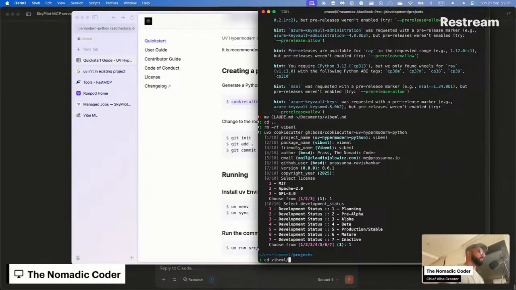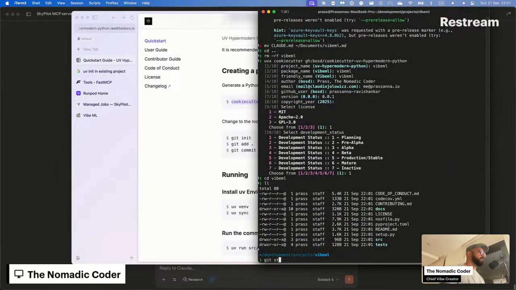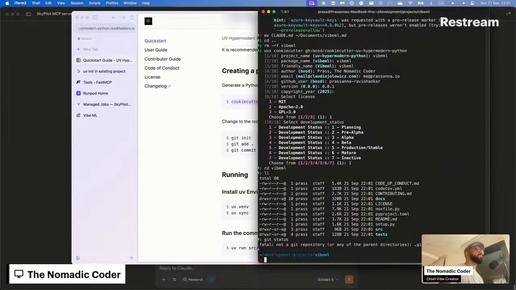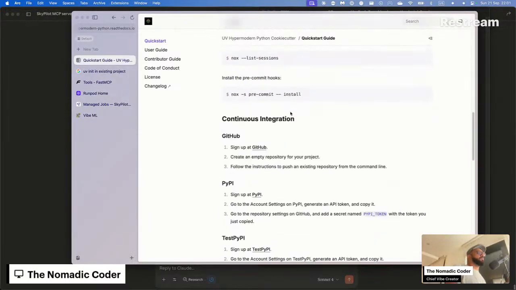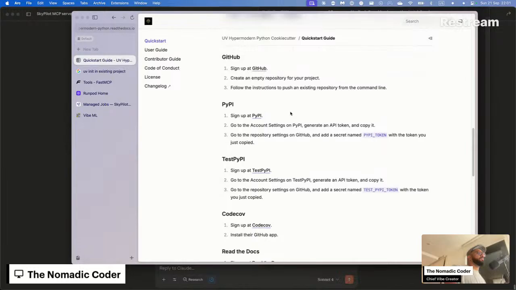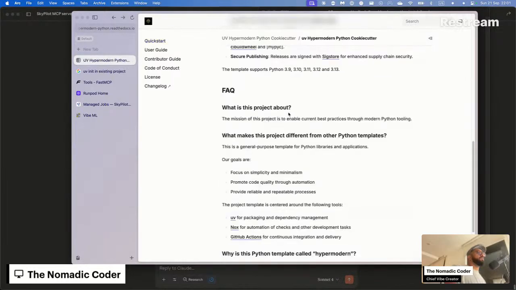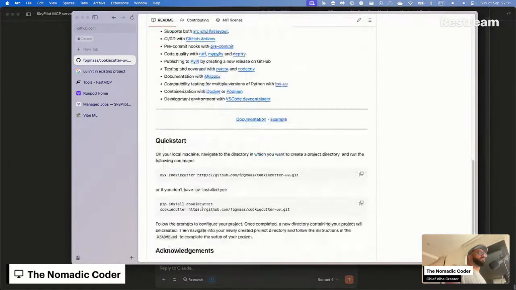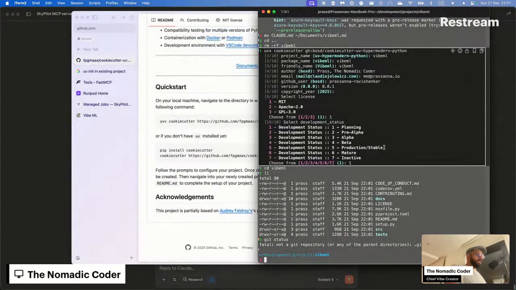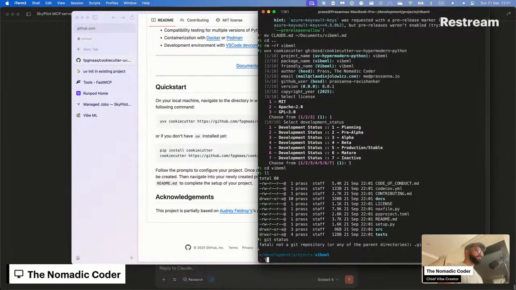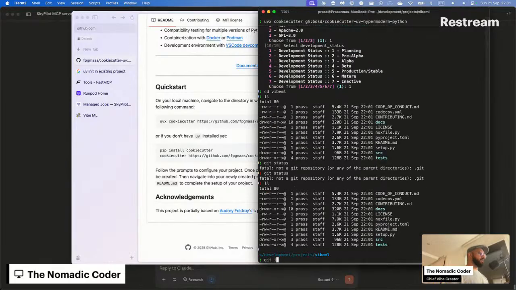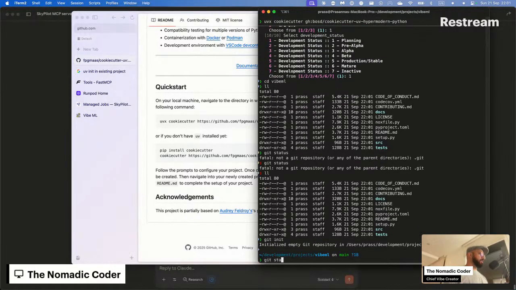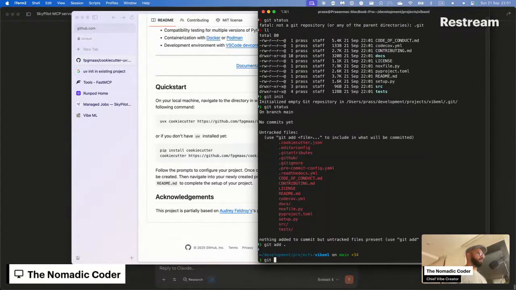That was quick. Oh no, I don't like this. Anyway, screw that. I can't over-engineer everything. So let's git init. Git status.